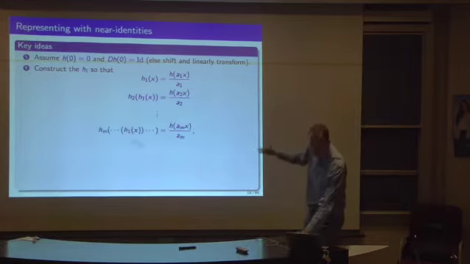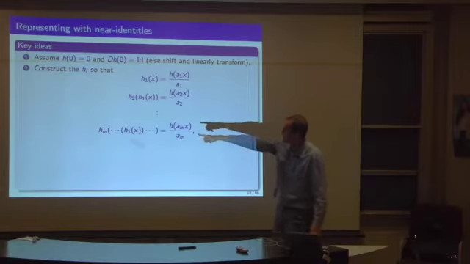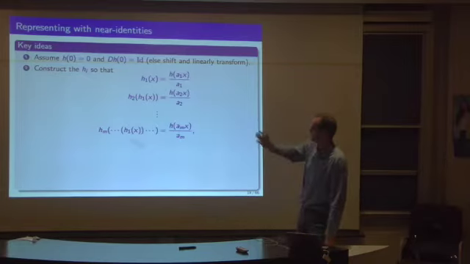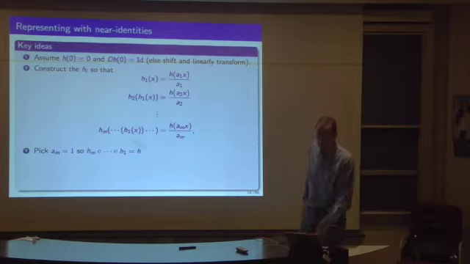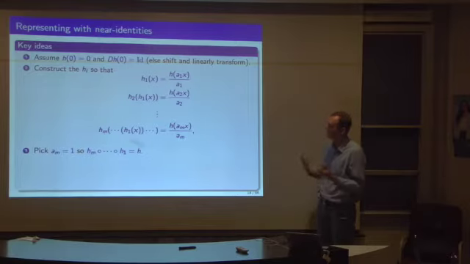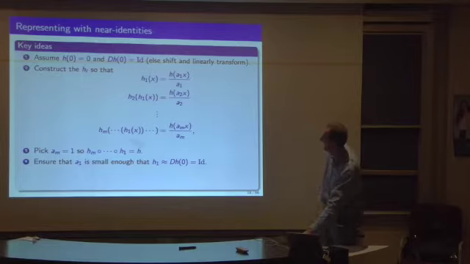And we keep on going like that, getting these a_m's bigger and bigger, and at the end we want this composition of h_m with h_{m-1} and so on all the way down to h_1 to be equal to h, so we set a_m equal to 1. Right? And then the analysis is just, if a_1's small enough, we get something that's close to the derivative at 0, which of course is the identity.